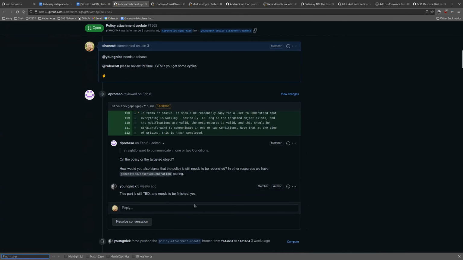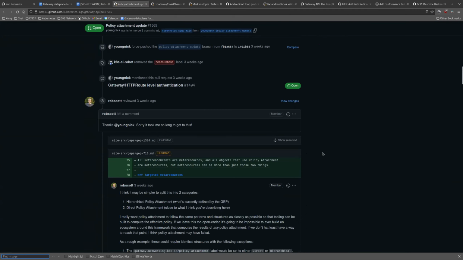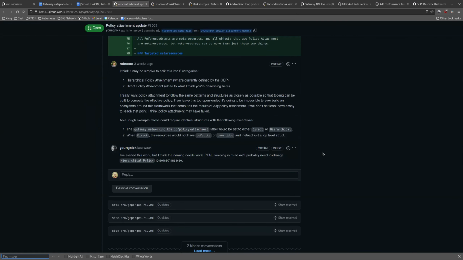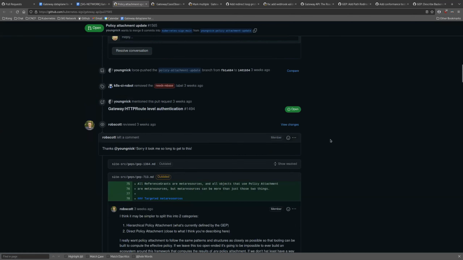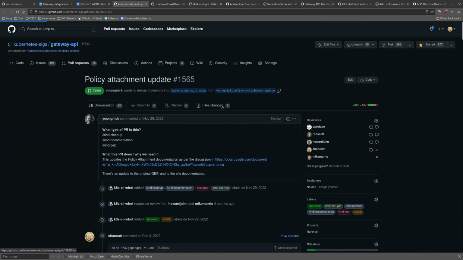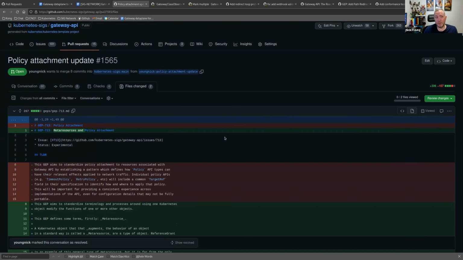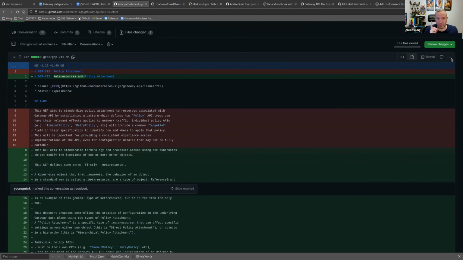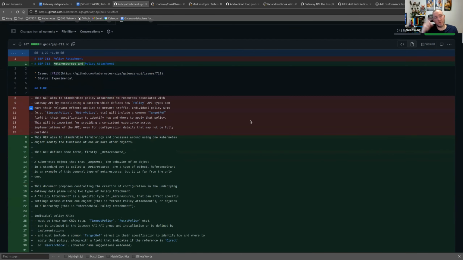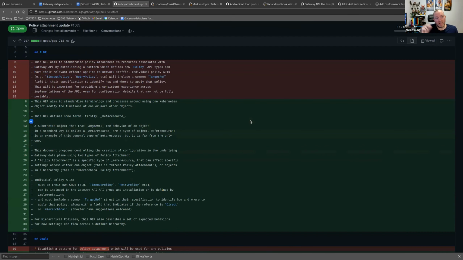So Nick, I think policy attachment is great, and I think in Envoy Gateway we'll actually use it. We'll use direct policy attachment. I think for native fields like what Candace was talking about earlier, it would be great if it's part of the native API rather than an extension API like policy attachment. So part of what I'm trying to do by nailing down the language around policy attachment is to then have us be able to say there are some policies that are included in the native API. Timeout policy probably, and then if we were going to do TLS with a policy, then TLS would also be